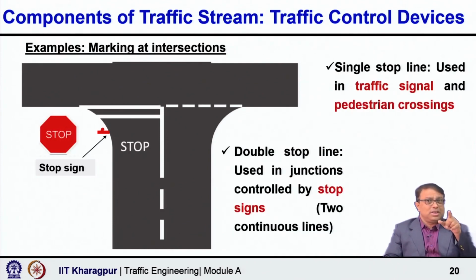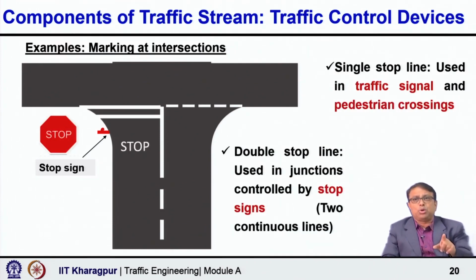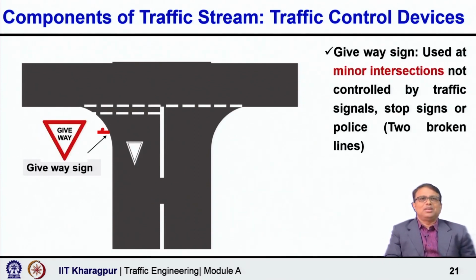But in the first case, if there is a stop line, you have to stop; you cannot only slow down. Even with giveaway you may have to stop if there is no suitable gap, but you are still allowed to pass without stopping. You can slow down, and if there is an opportunity you can pass and do the maneuver. So, stop is more restrictive, more stringent.